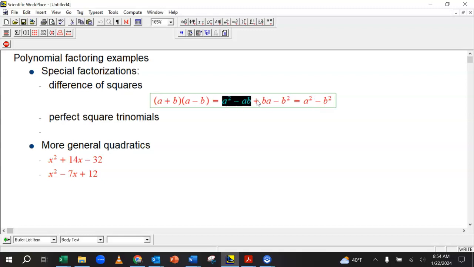It's nice to not have to do this every time. It's nice to recognize when you see these two things multiplying that there's a shortcut, a squared minus b squared. It won't kill you if you always do it this way. It just can waste a little bit of time. But the key thing is going backwards, so that when you recognize something that's a difference of squares, you know it factors in a very nice, simple way. So for example,